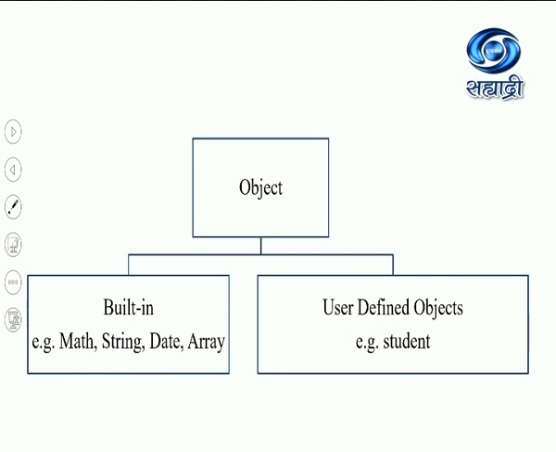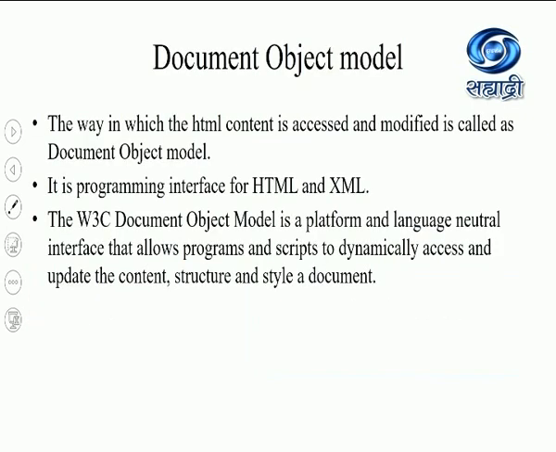Suppose I create a ball object. I can have the properties shape, size, color, and so on. I can write methods for the ball object, such as the ball can move on the screen, the ball can jump on the screen, and so on. For the student, I can have calculate result as a method. For the student, name will be a property, and his age and his birth date will also be properties. So these are the objects we have seen. For the point of examination, you need to remember all these.